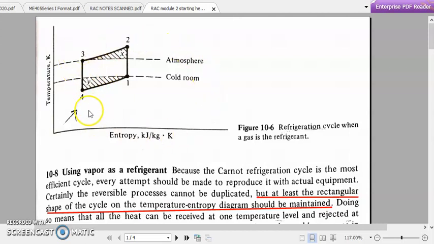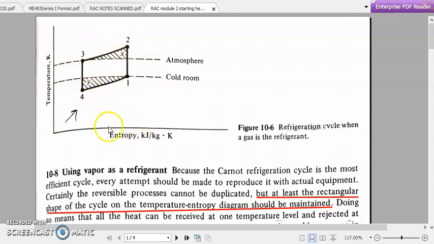So in our module 1, we considered our air refrigeration system. That is, air refrigeration system means using our atmospheric air itself as the working fluid. Atmospheric air is nothing but a simple gas. So when a simple gas such as atmospheric air is used as the working fluid or the refrigerant, refrigerant means the working fluid which is used in the refrigeration system, when such a gas or atmospheric air is used as the refrigerant, this will be the resulting TS diagram